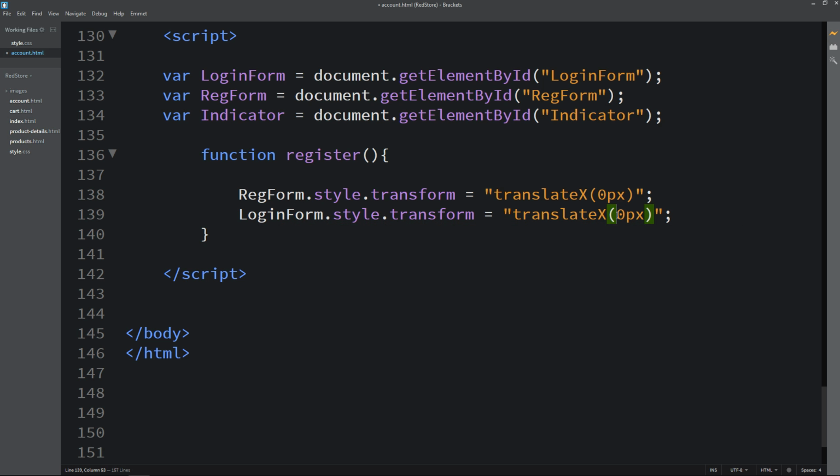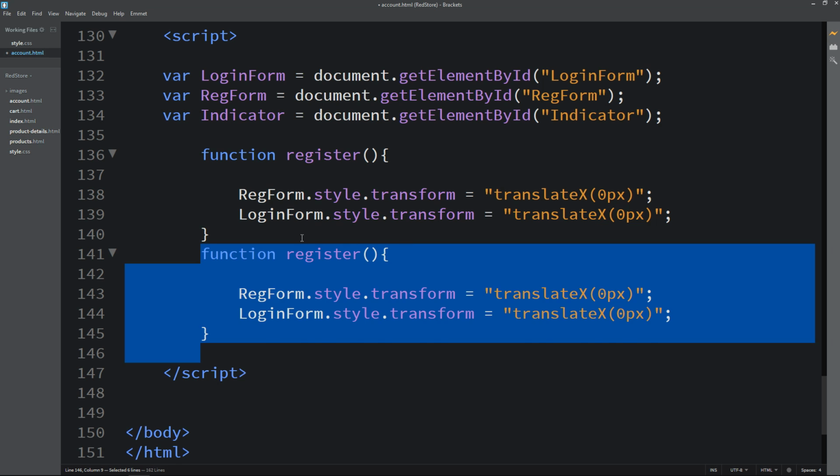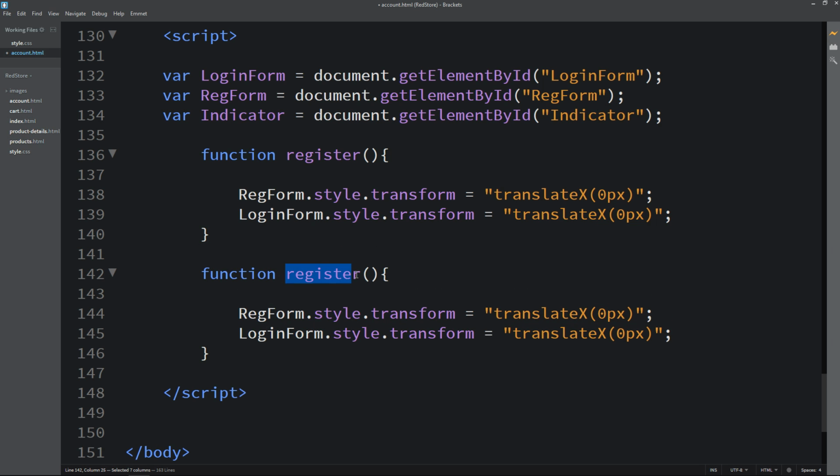And everything will be same. Let's duplicate this function and it will be for the login form. And this one will be login. And here we will change the value, so it will be 300 pixel and this one also 300 pixel.